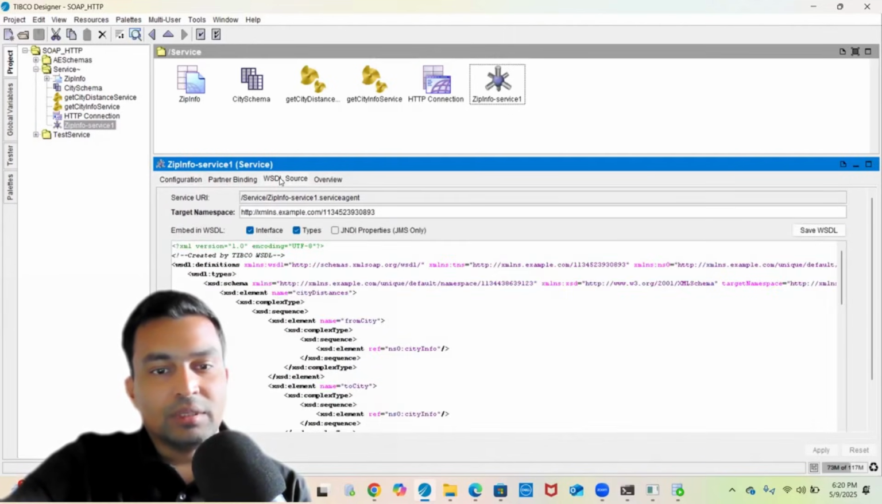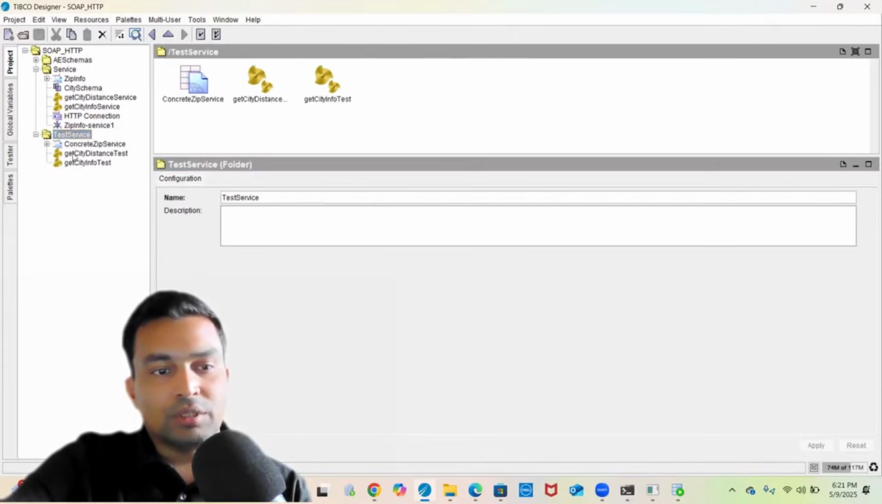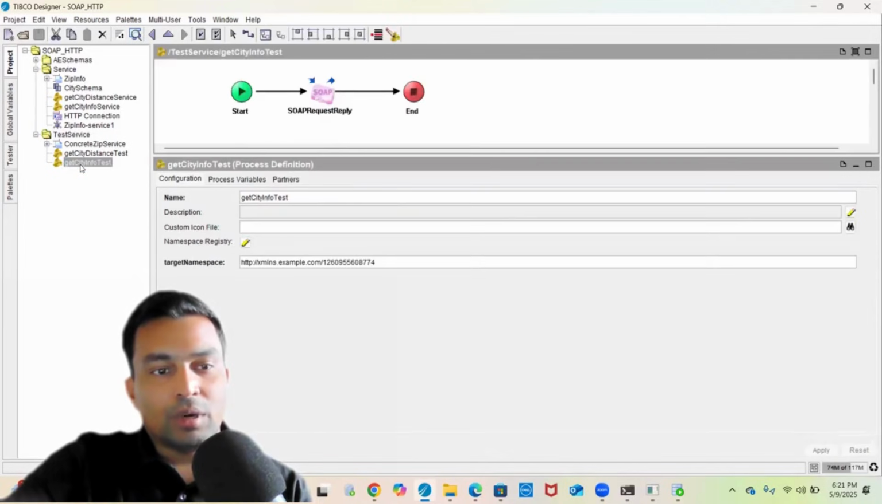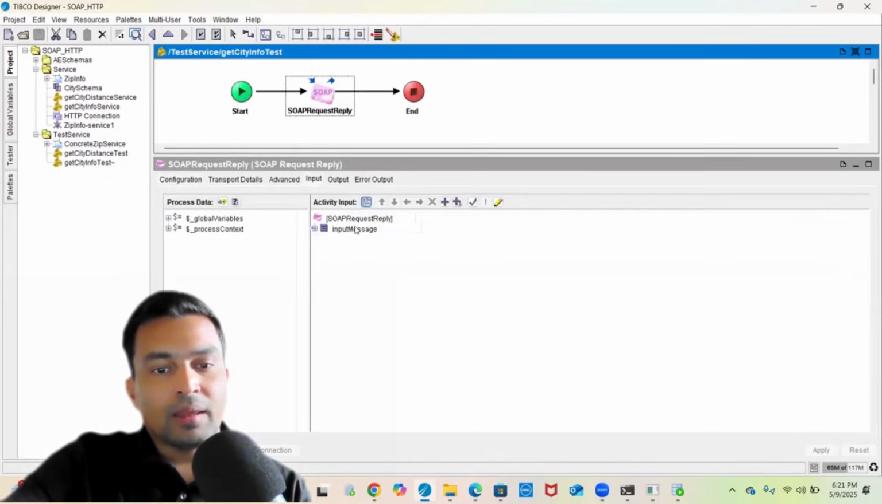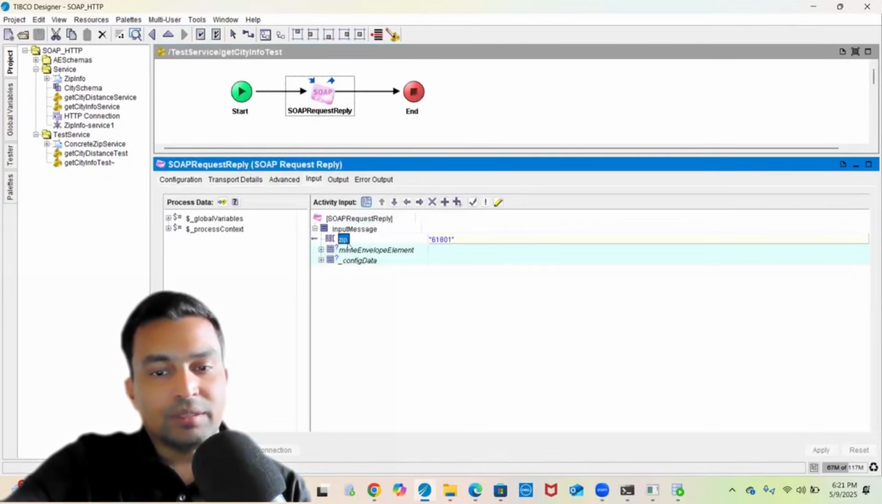And we have the WSDL source tab where we see the concrete WSDL. We use this in SOAP UI to test this web service. However, we have test service folder where we have two operation testing stubs. The first one is get city info, and this is the SOAP request reply, which we have uncovered in the previous sessions when we were discussing SOAP palette. And here in the input message, you will give the zip code,